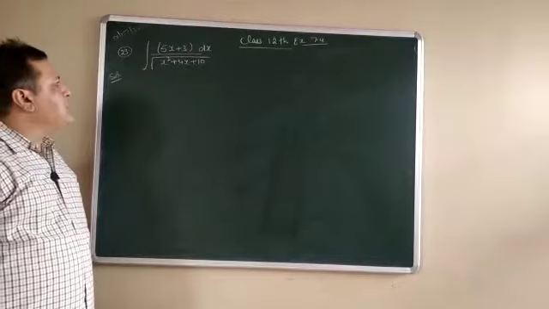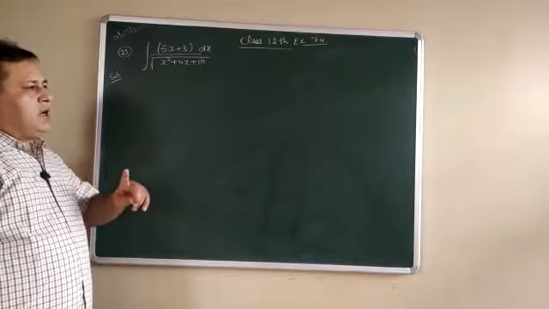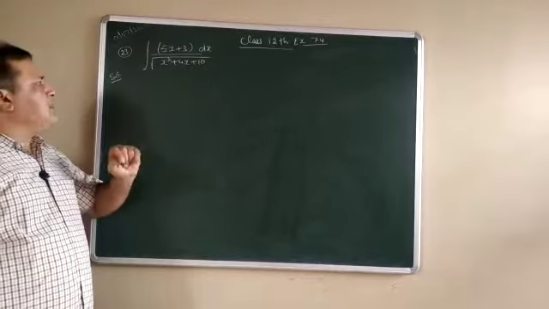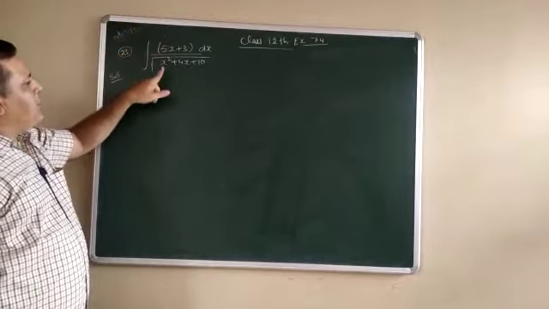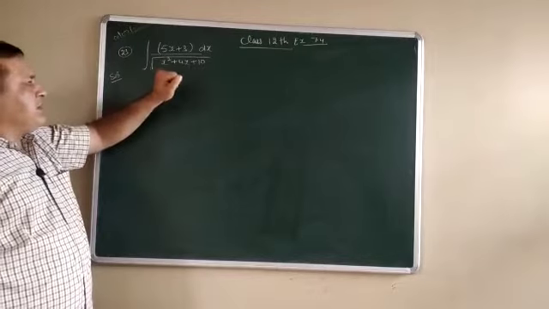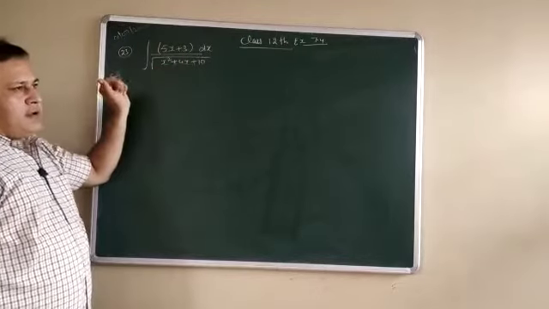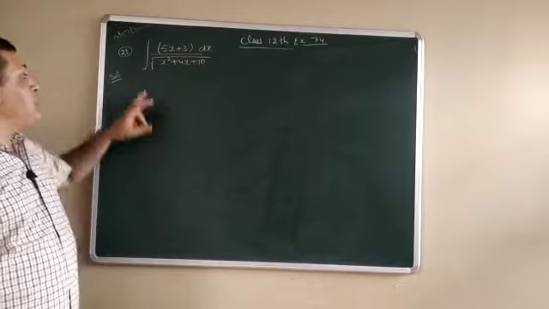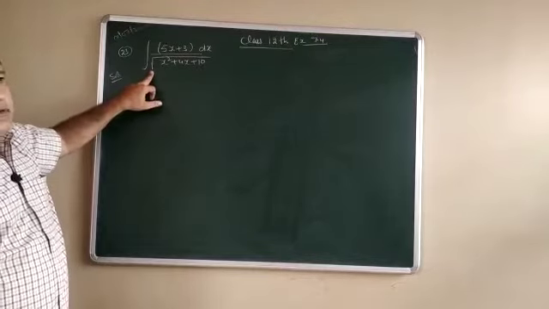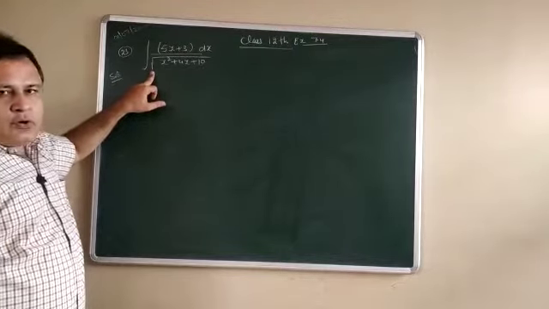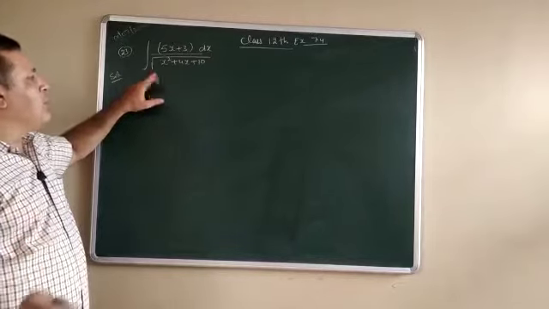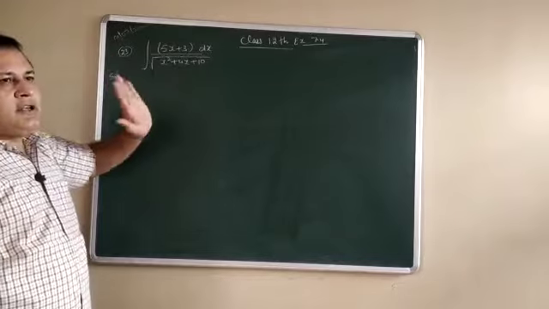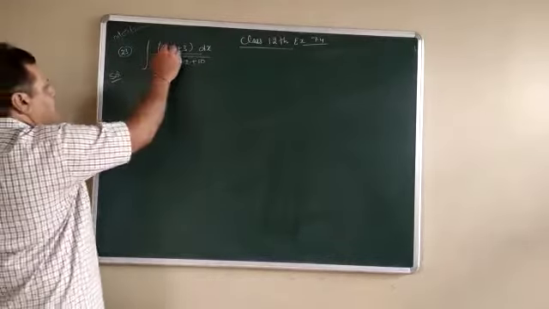Now we shall discuss one more question. The difference between the previous question and this question: in the previous statement, (5x+3)/(x²+4x+10) was given, but the square root was not given. But in this statement the difference is that now the square root is given. Whenever a statement is given to you, it may or may not contain a square root. In that case the method is not changed, the process remains the same.